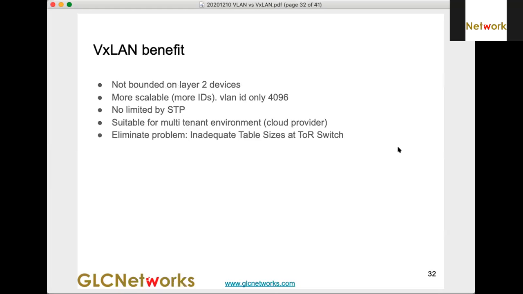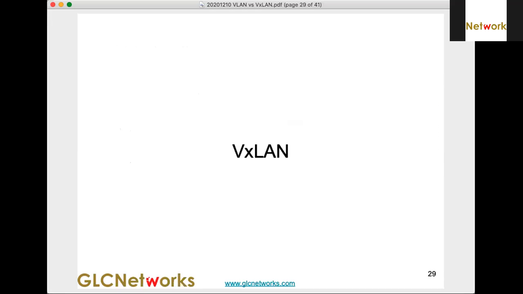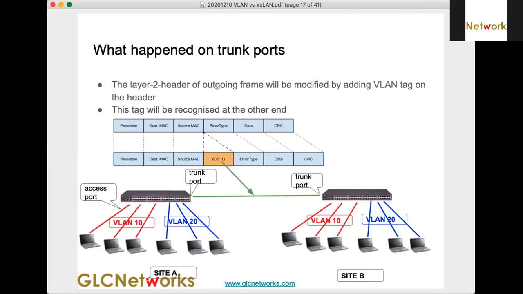And then the benefit: if we're talking about VLAN, it means we are talking about a technology that is bounded to a switch. It's a layer 2 thing. As you can see, the VLAN previously is very layer 2.